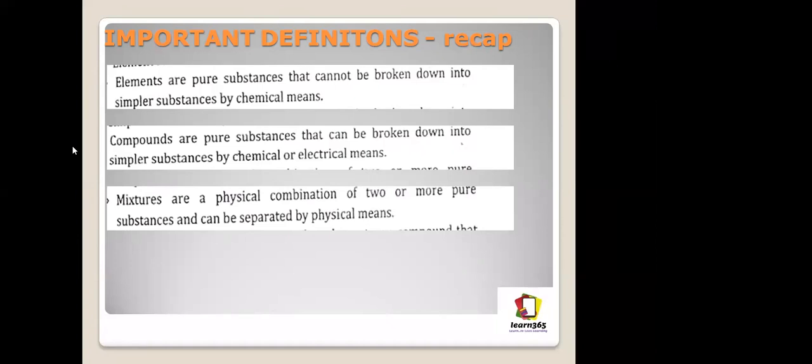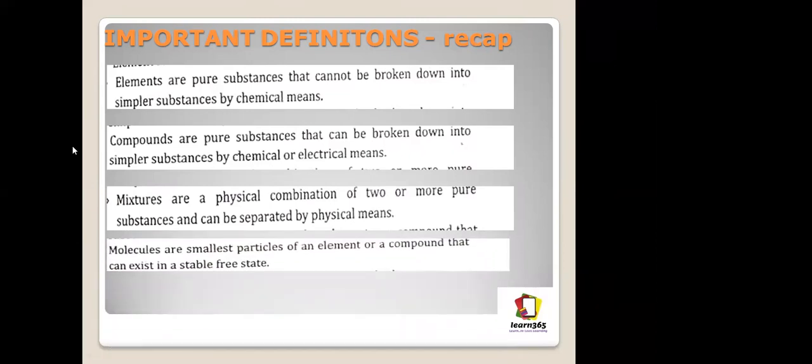Moving on, mixtures. What are mixtures? Mixtures are a physical combination of two or more pure substances which can be separated by physical means. Okay? Moving on, another important definition. What are molecules? Molecules are the smallest particles of any element or compound that can exist in a stable, free state. Okay? So when we say molecules, we mean that it is the smallest, very tiny particle of an element